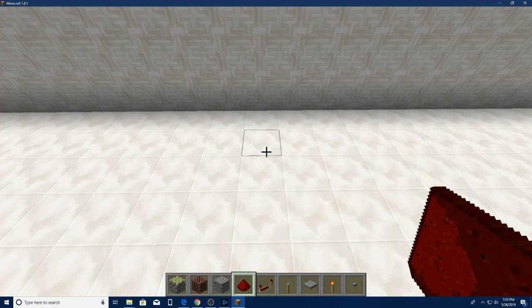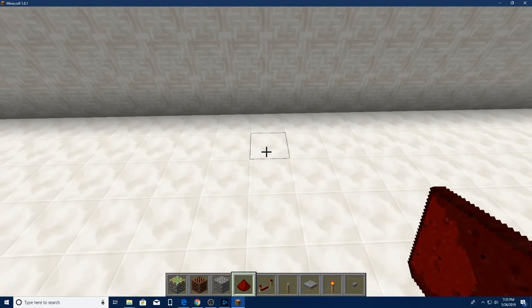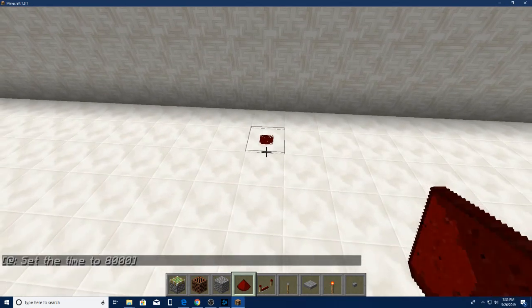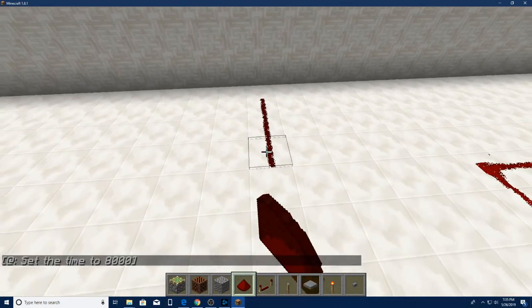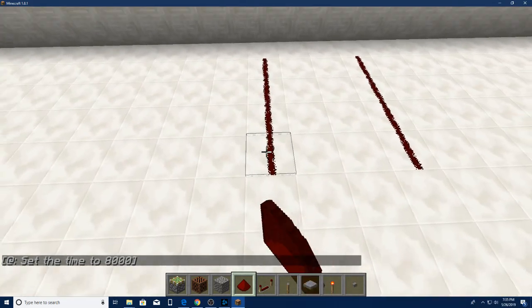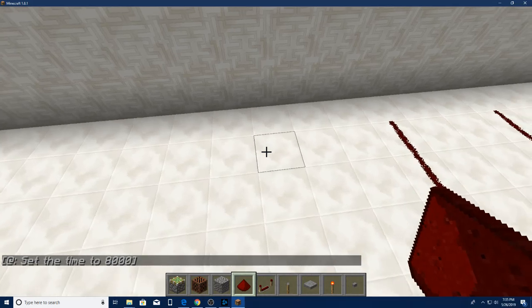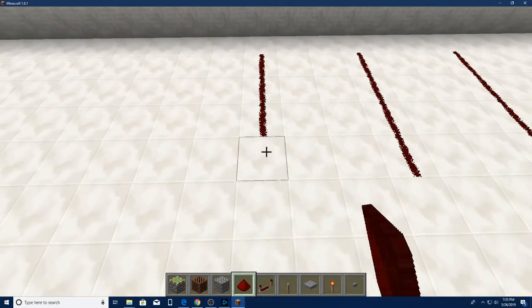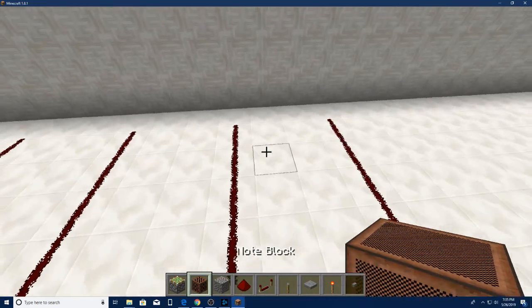Let's do that to start off with. So let's do 1, 2, 3, 4. Let's do it like that. 1, 2, 3, 4. Now, before I go too much farther,